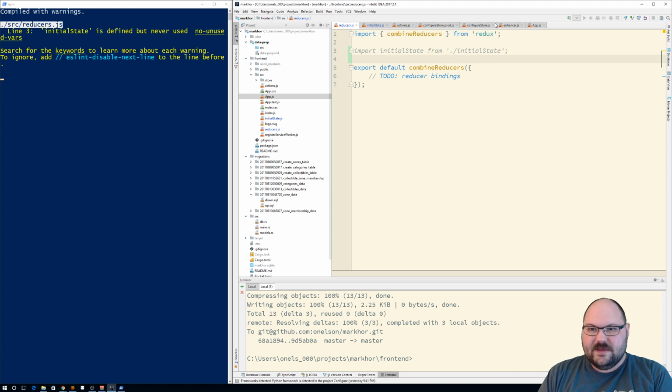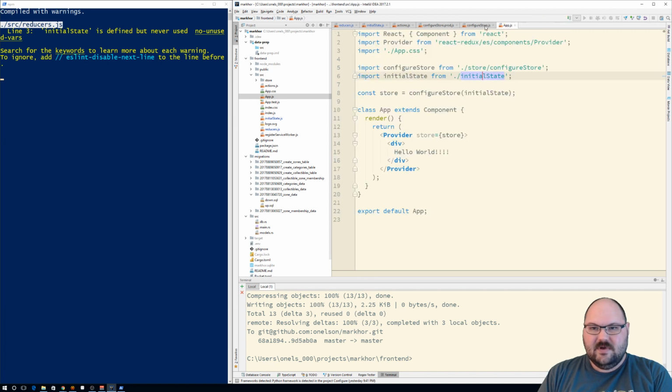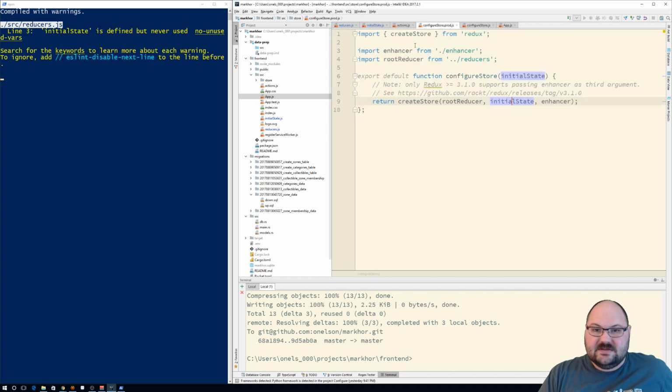So that's all the boilerplate that I had to put in there. I've got the enhancer, adding thunk. I've got the branching implementation for configure store. Oh, I should say that you may be tempted to use regular imports when you're setting something like this up, but you actually need to use the require function instead of an ES6 import like these,